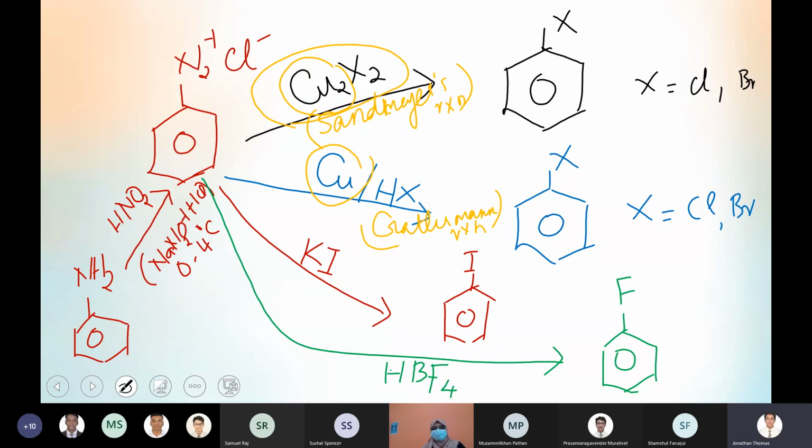Clear? Yes, ma'am. Like this, with drawing the arrows or showing everything like in a mind map, in this format, the aromatic or organic reactions will be easy to understand, because so many things forward and backward you're going to discuss. There are only a few reactions, maybe 13 in all the chapters, but all these reactions will come in different ways, in different parts. Repeatedly the same thing is coming again and again. So you should know these routes rather than writing them in words. This way, if you could show it, it's easy to understand so that you can know the difference, and only the difference can be studied properly.